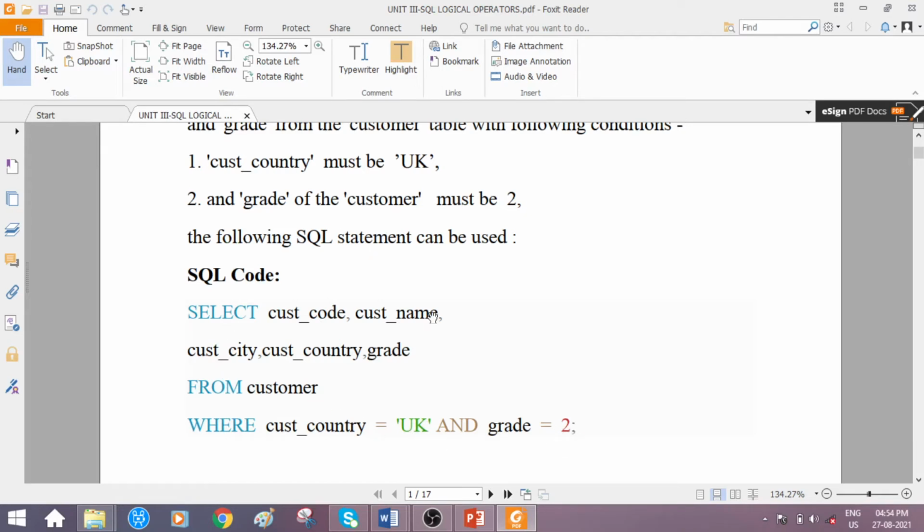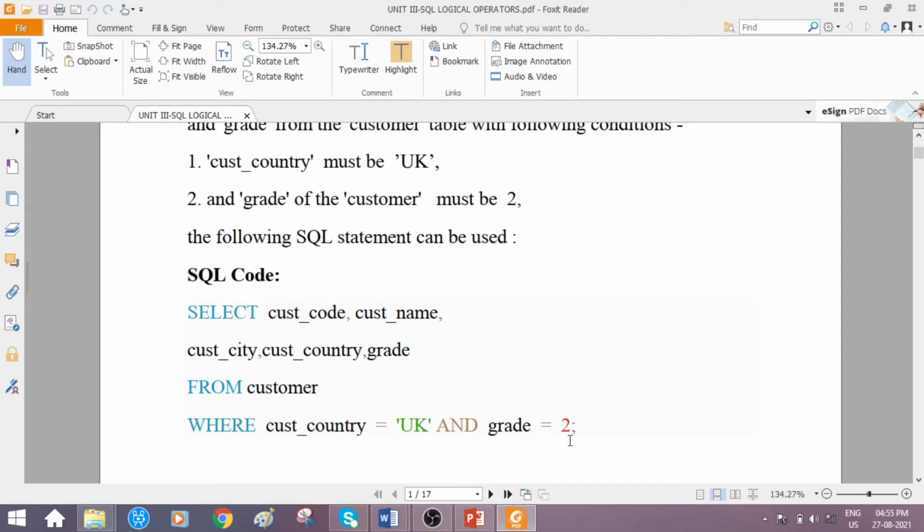Okay, so by executing this query, we will be getting those customer details who belong to the country UK and whose grade is equal to 2. Suppose it is a customer table with more than 100, 500 or above customers.